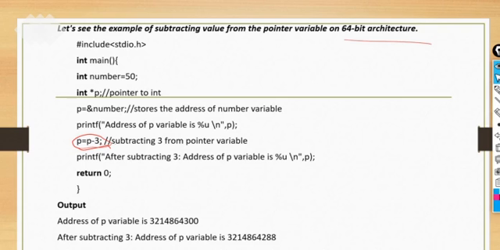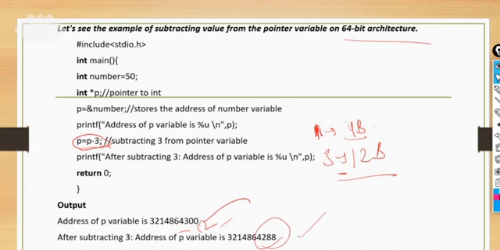Now, in case of a pointer, if you are decrementing by 1, how many bytes will it reduce? 4, right? In case of 3, how many bytes? 12 bytes. So do the subtraction. Whatever is the address, do -12 here. Whatever you get will be the address of the P variable, right?